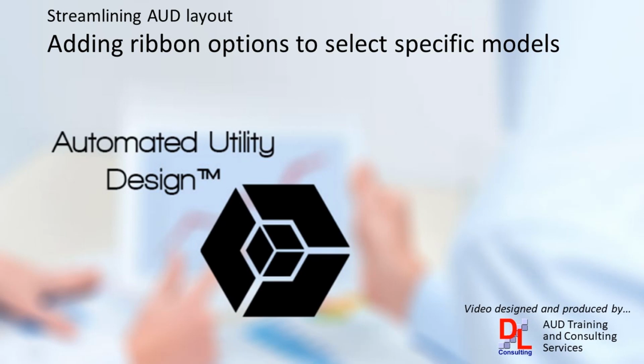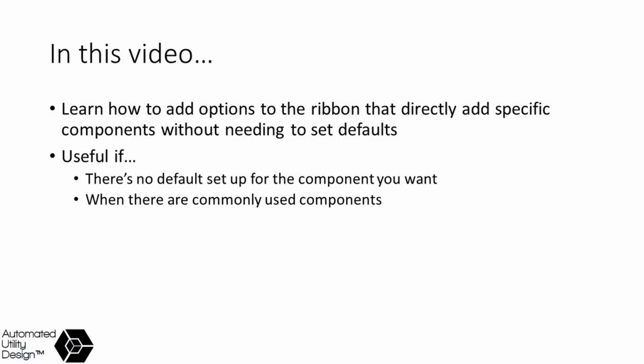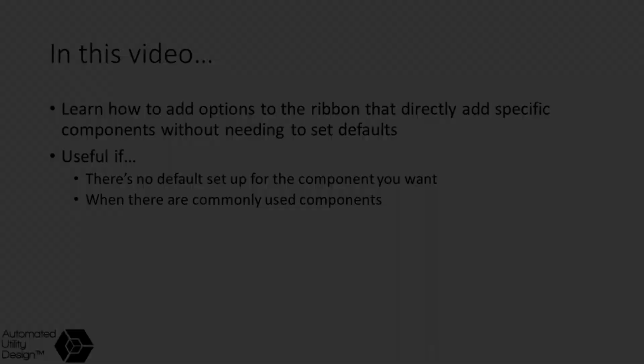This video is one in a series on streamlining design within AUD. In this video, you'll learn how to add options to the ribbon that directly add specific components without needing to set defaults for those components. This is useful in cases where you don't have an available default set up to specify the component you want,